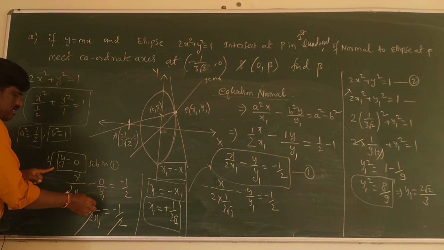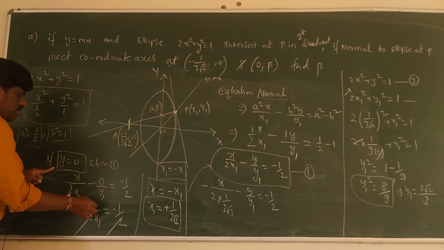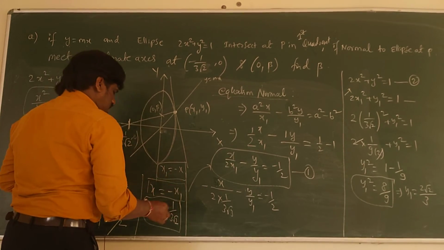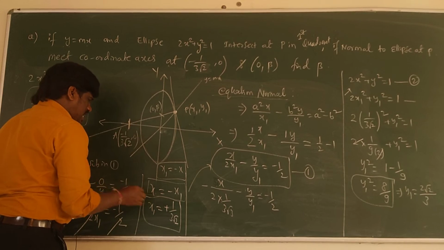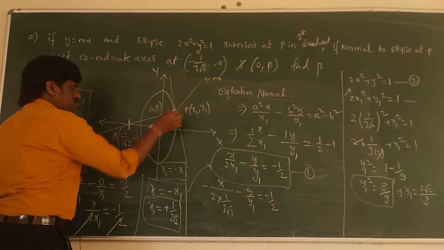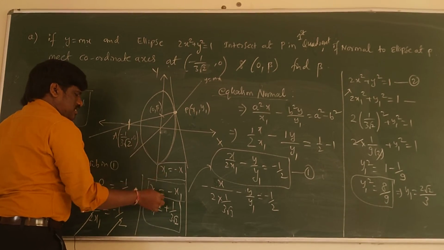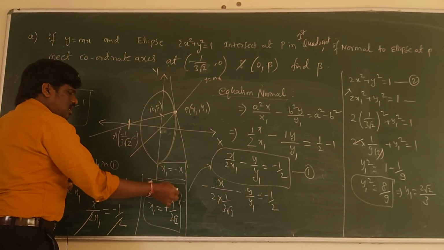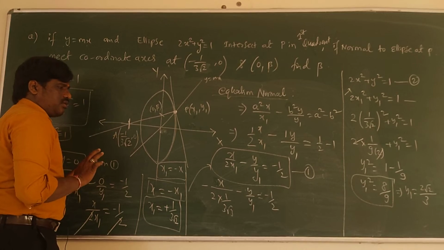Therefore, I got x here, it is 0. So 2x by 2x1 is equal to minus half. That is, I cancelled out. x is equal to minus x1, I got. Therefore, the x1 value I got, because I need to find this x1. So x1 value I got as minus x. This is already minus x, value is minus 1 by 3 root 2. So here minus into minus, plus I got.